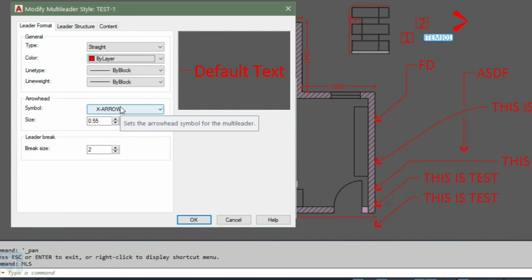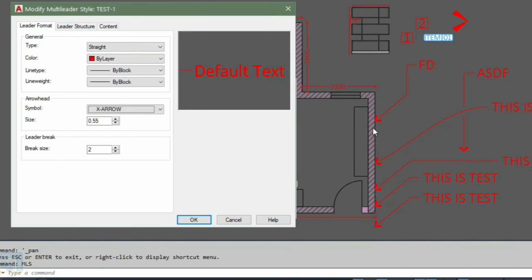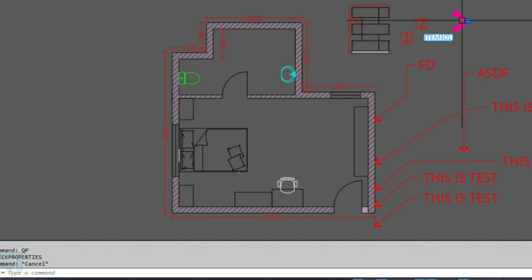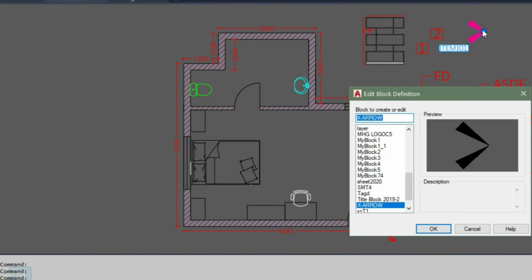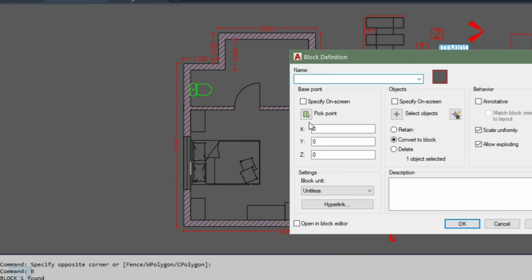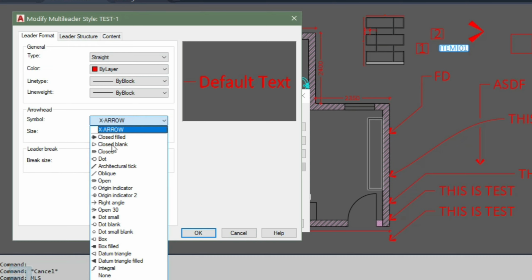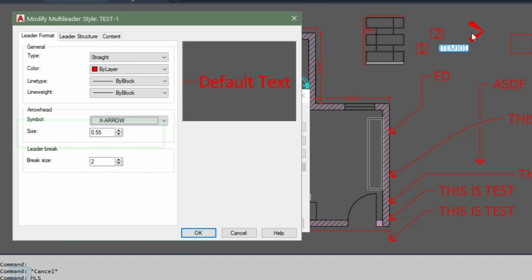For the arrowhead, we can use any arrow from this drop down list or we can use a custom made one. User arrow, this is a custom made arrow. You can also make any custom made arrow. If you need this drawing, I already provided the link in the description box. You can take it from there. Or we can make whatever custom block we need. Just make this block with a specific name. You have to use the specific name in there. Modify, symbol, custom, and whatever arrow we have to use here, and use the required size.